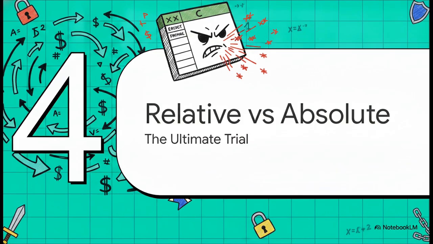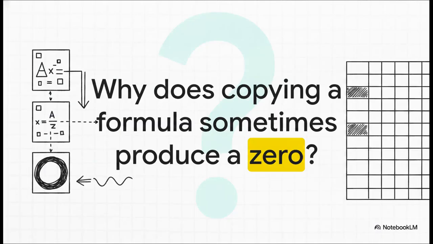Okay, let's head into section 4, relative and absolute references, the ultimate trial. We are now confronting the primary villain of our explainer today. This is a concept that confuses almost all beginners and causes massive headaches. Tell me if this sounds familiar. Why does copying a formula sometimes produce a 0 or a blank error? You build this totally perfect formula, you copy it down to the next row, and suddenly the whole thing is